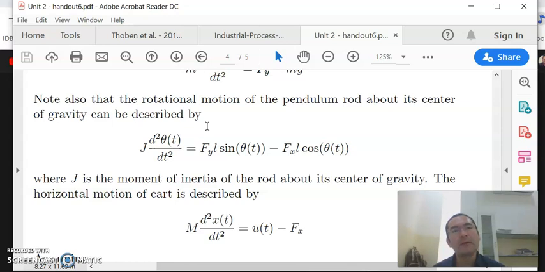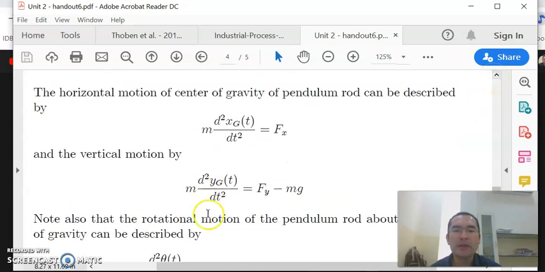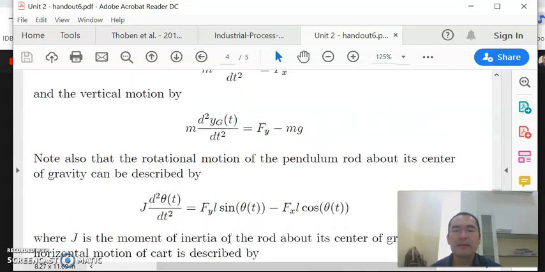It's moving in two axes, the horizontal and vertical axis, and the rod itself is rotating around the axis that is in the center of gravity of the rod. So we need to write not only this equation here for the rod, but also we need to write this